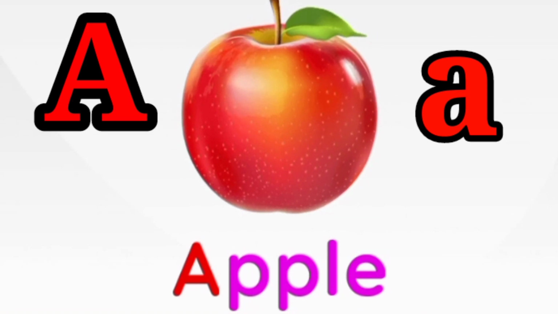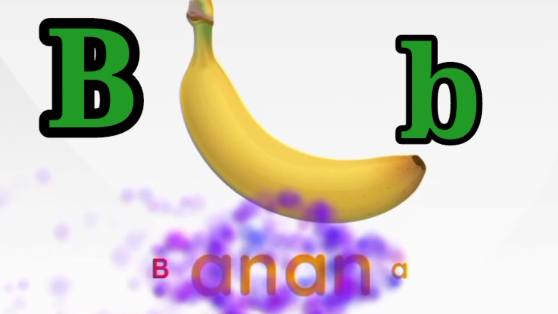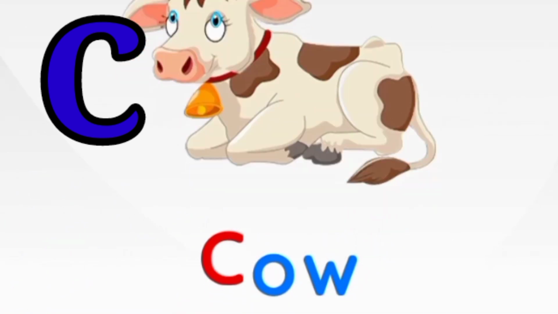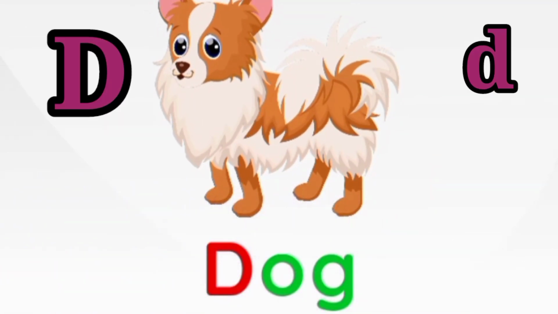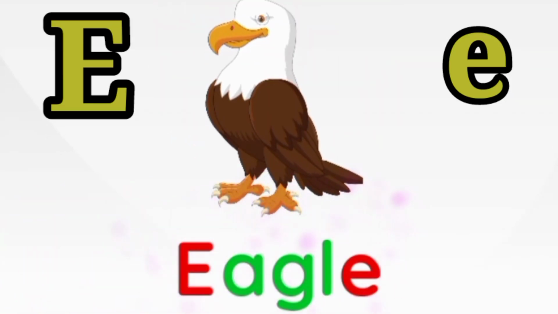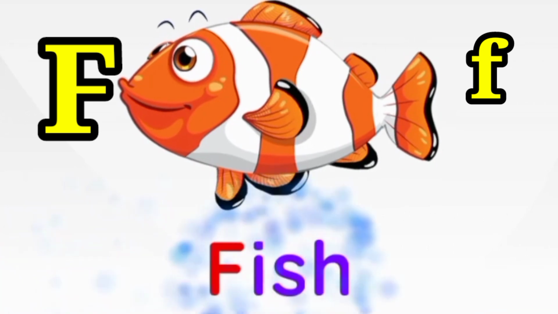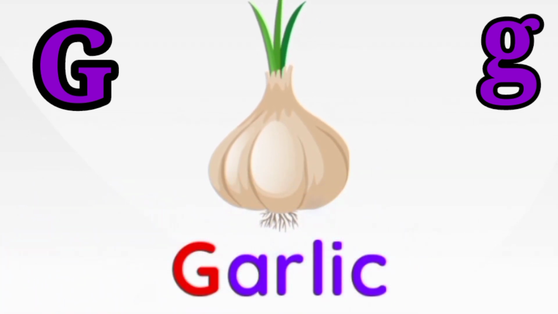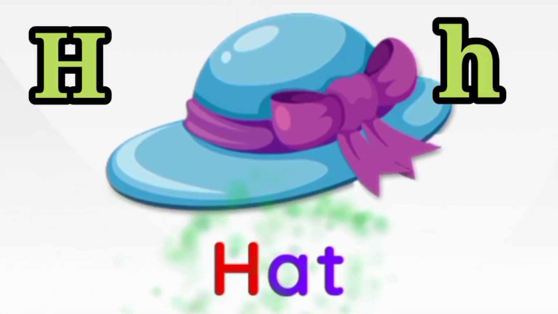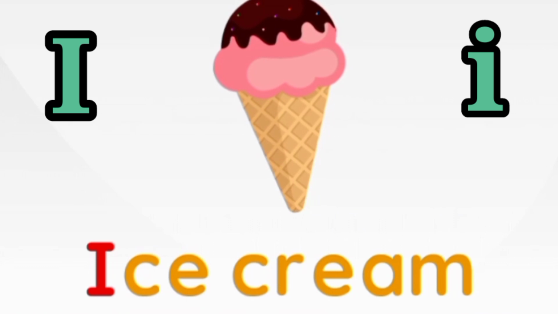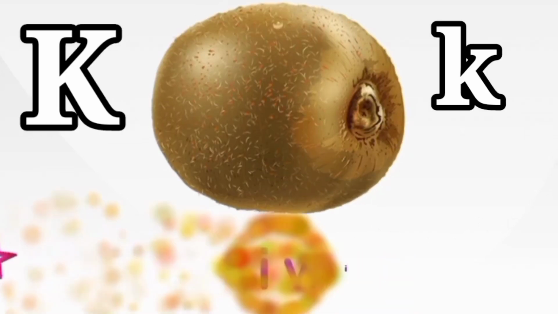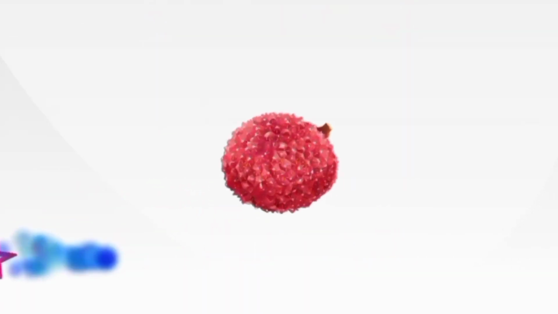A is for apple, B is for banana, C is for cow, D is for dog, E is for eagle, F is for fish, G is for garlic, H is for head, A, B, C, I for ice cream, J is for jacket, K is for kiwi, L